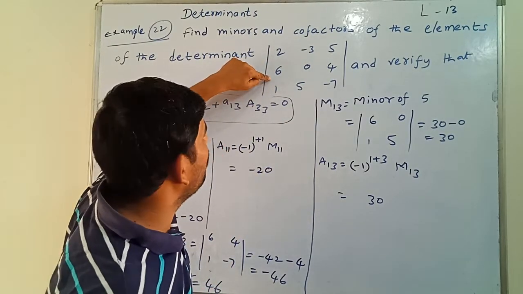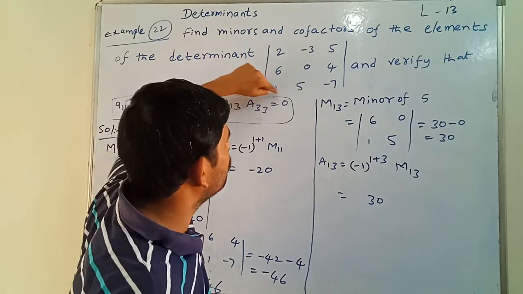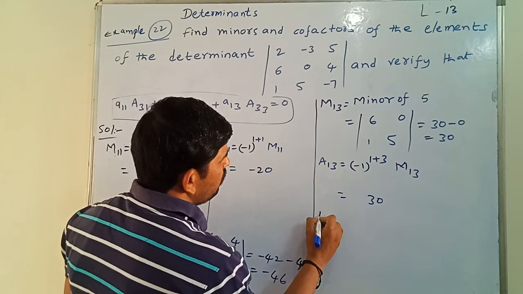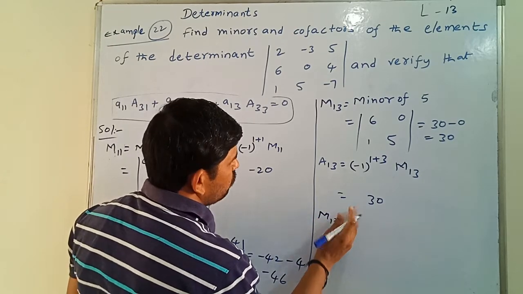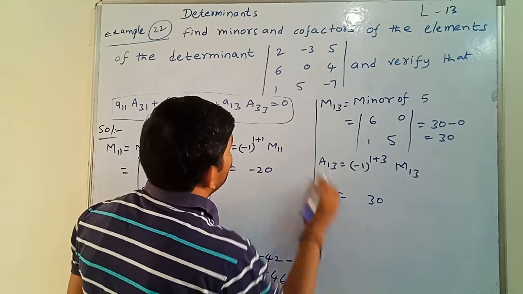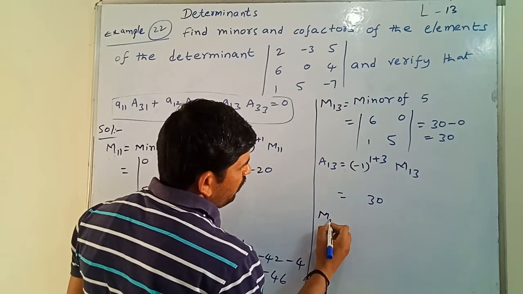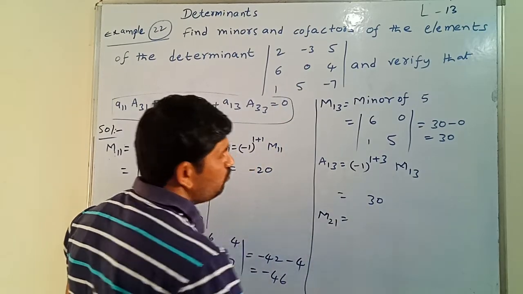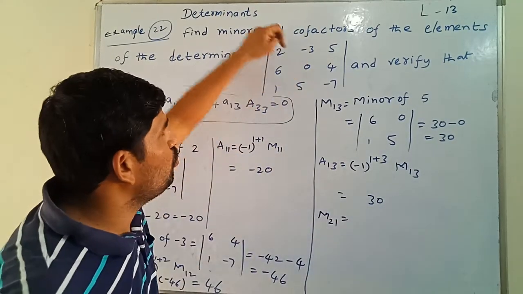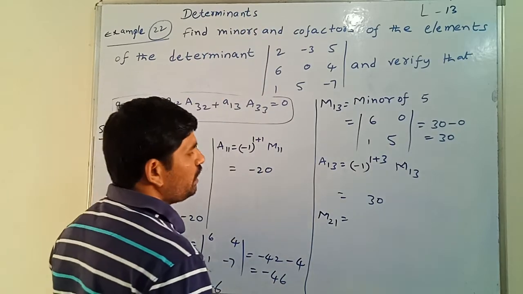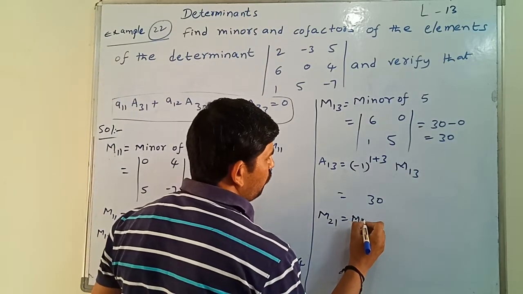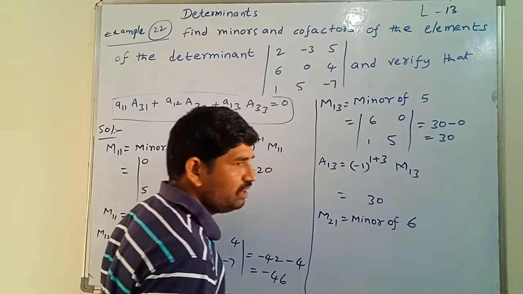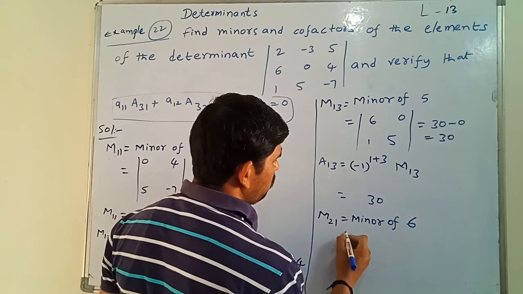Which one? Again you have to write the second row and third row also similarly. So by taking the second row here, second row is there, no? Second row is nothing but M2, second row, which one? First column, M21. Second row, first column. So now we can continue here. Minor of this 6.